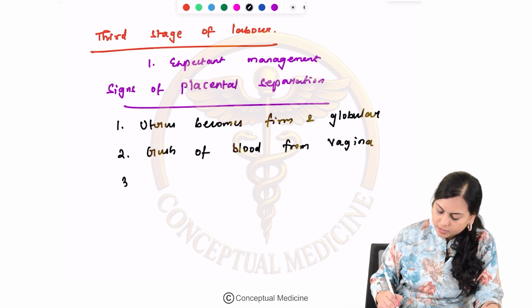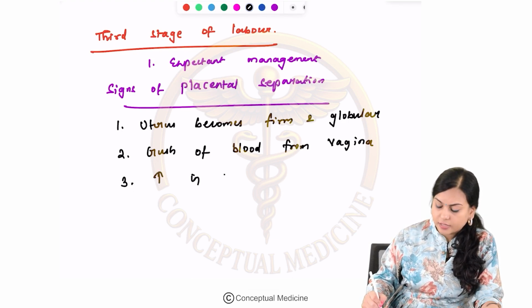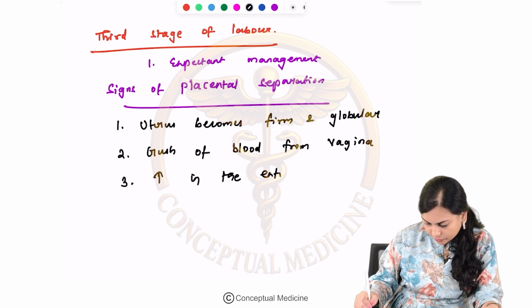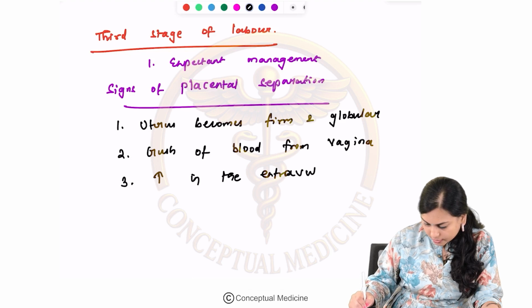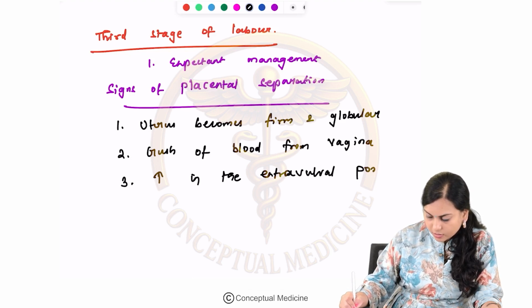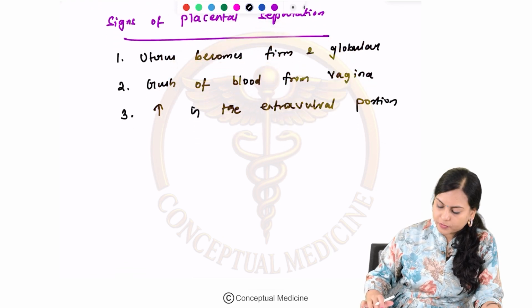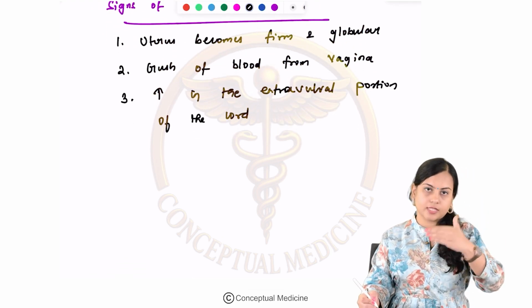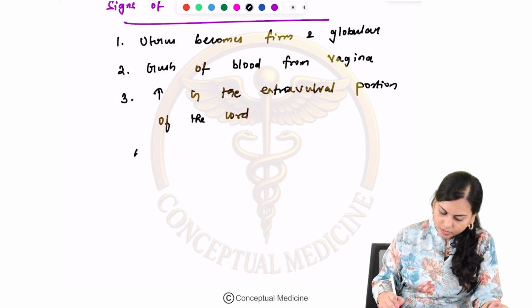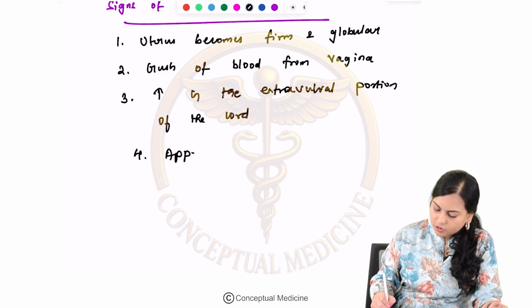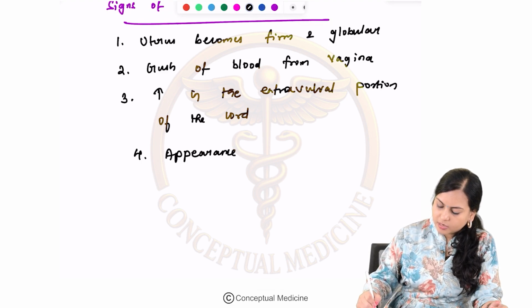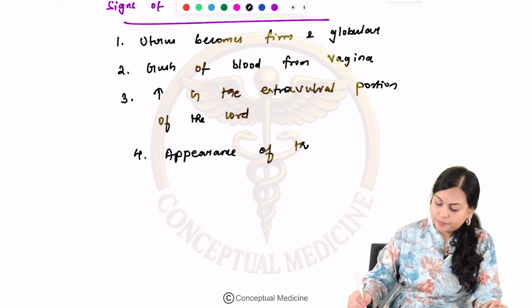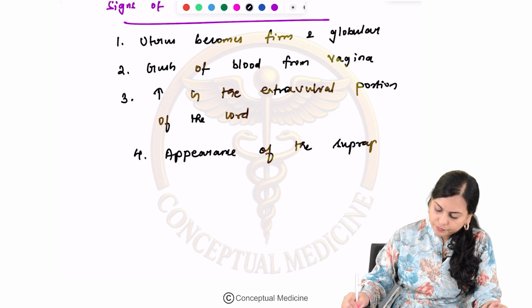Then there is increase in the length of the cord, especially the extravalvular portion of the cord, okay. That means the cord is descending down, yes. Then you will also be able to see the appearance of the suprapubic bulge,